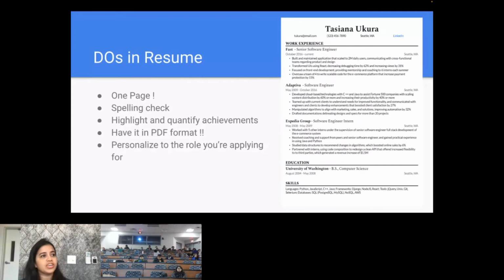So even if it's difficult, try to have at least two or three versions of your resume. Maybe not for every company, but at least: this is for the machine learning roles I'll apply to, and this is for the software engineering roles I'll apply to. That really helps in getting your resume shortlisted. At least I would suggest having two different types of resume.